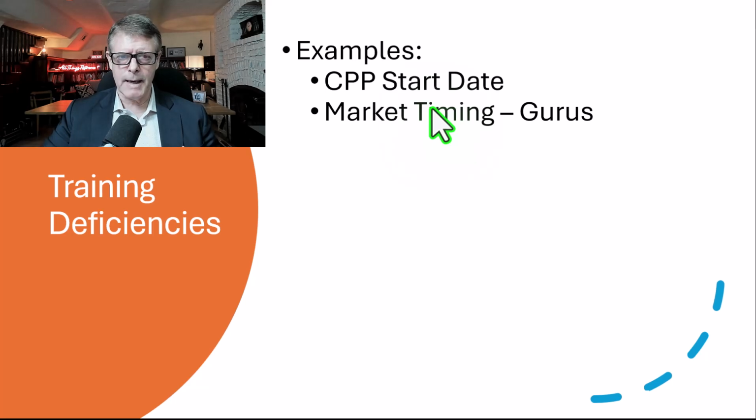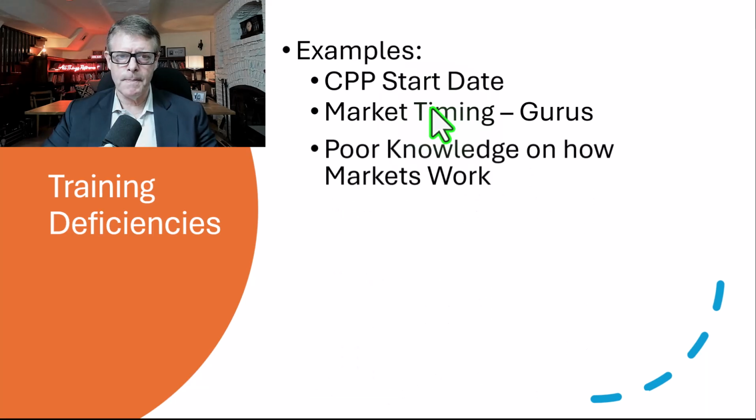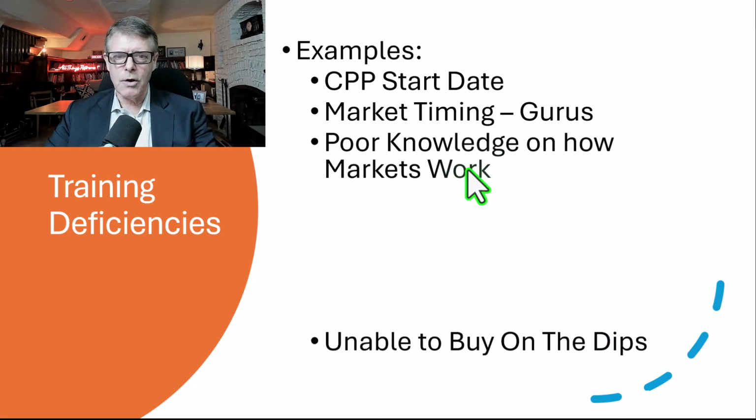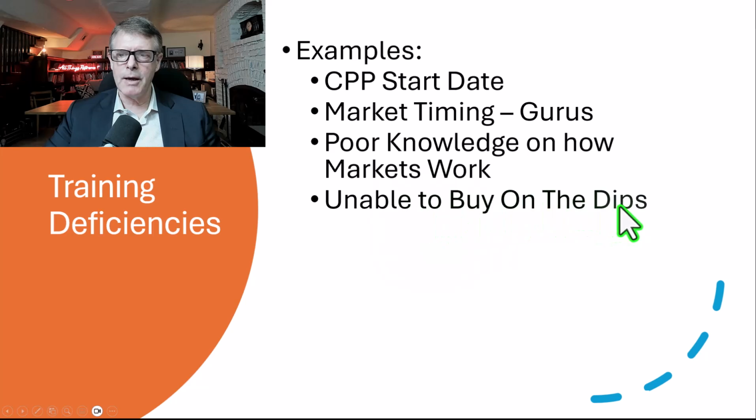I have a perspective on that, but market timing and the belief that you can do that is rooted in probably a little bit of ignorance in terms of how capital markets work and just how difficult that is. Poor knowledge in how markets work. And again, there's some practical manifestations of that. So, we know that on average, the stock market's up 75% of the time, and it's down 25% of the time. Now, remember, our emotional bias is towards loss. So as a consequence, most investors do not play the laws of probability. And as a consequence, they're not able to buy on the dips.